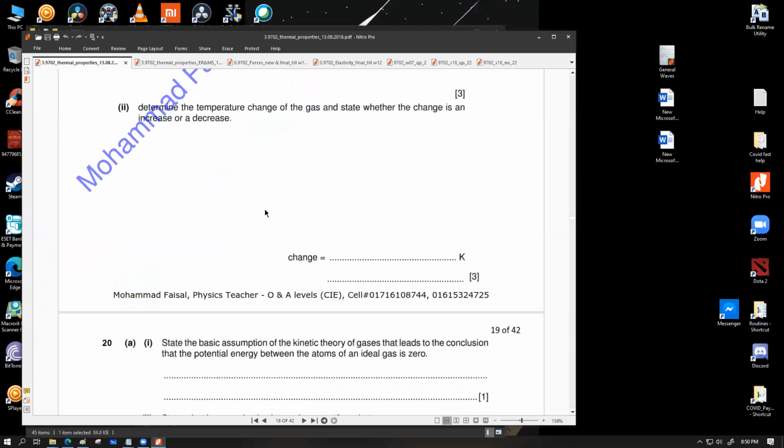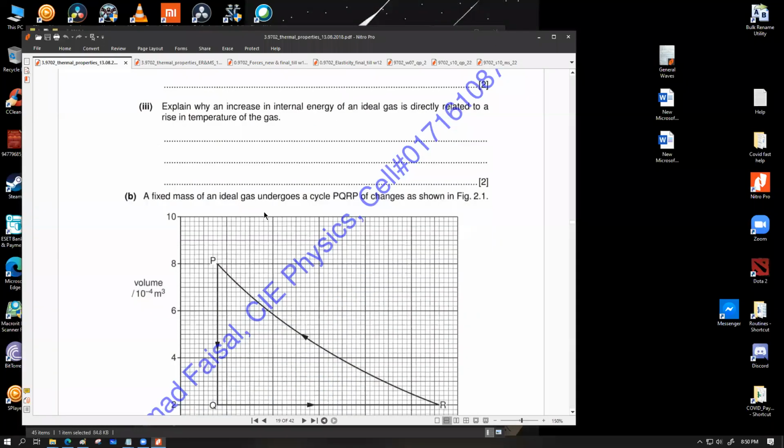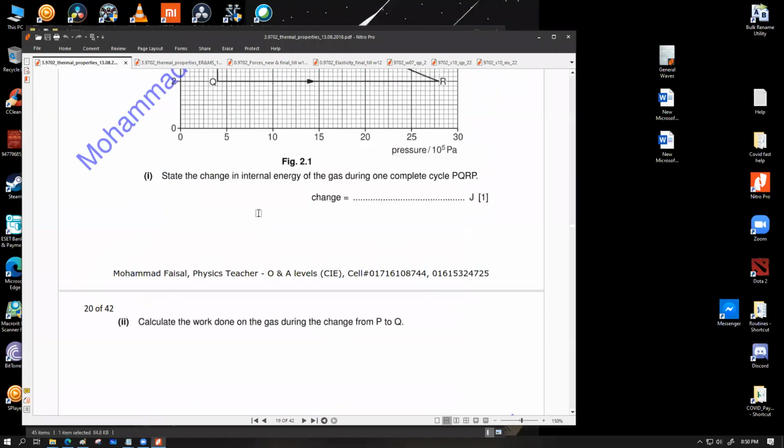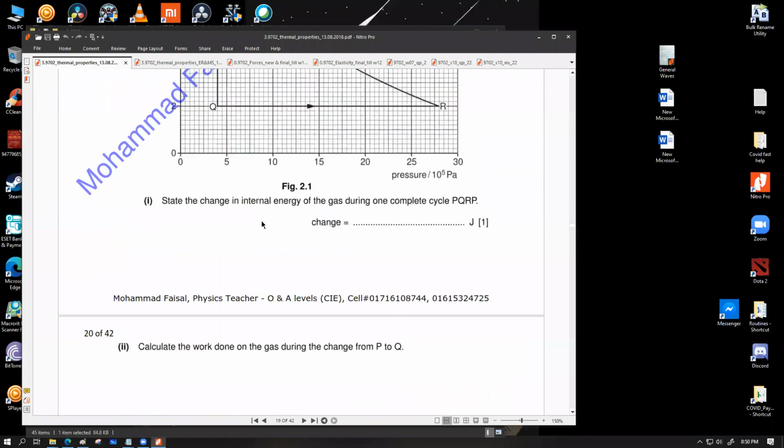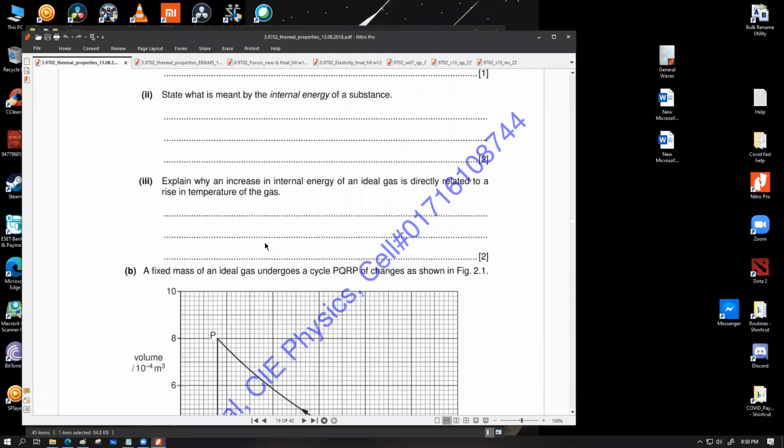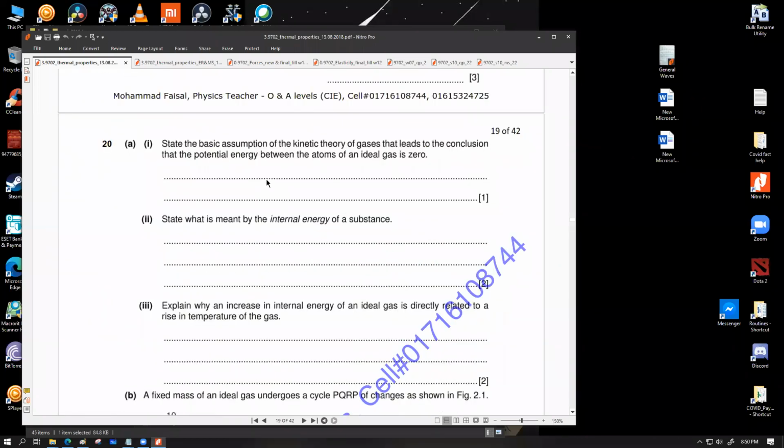আচ্ছা এটা গেল, তারপর হচ্ছে 20 তে কার প্রবলেম? স্যার, 20 A1। কেন, 20 তো প্রবলেম হওয়ার কথা B তে। স্যার B তেও হইছে। So the basic assumption of kinetic theory of gases that leads to the conclusion that the potential energy within the atoms is zero. হ্যাঁ বলো, কি সমস্যা? মানে ঠিক গুছায় লিখতে পারতেছি না আর মার্ক স্কিমটাও বুঝতেছি না।